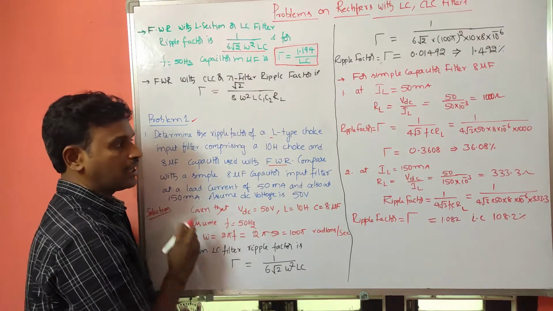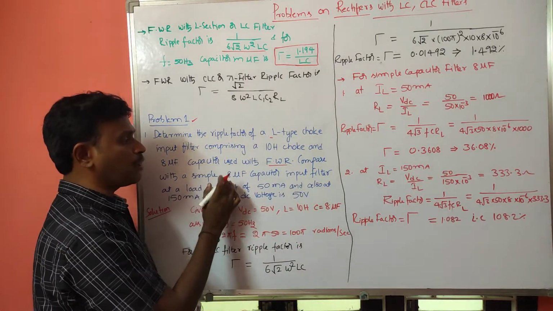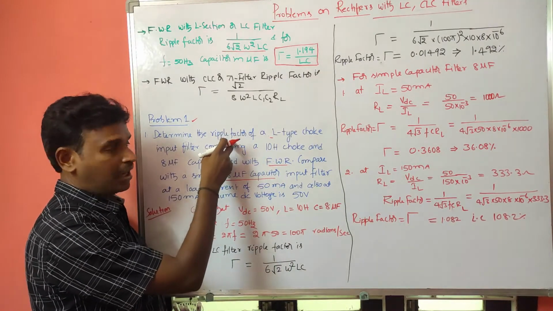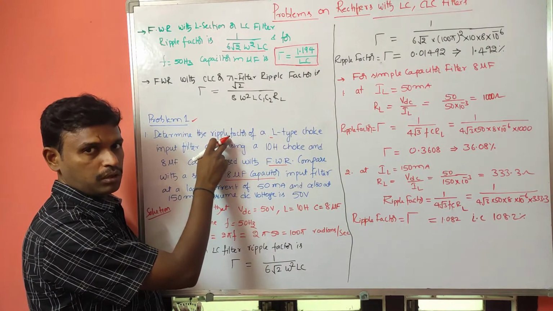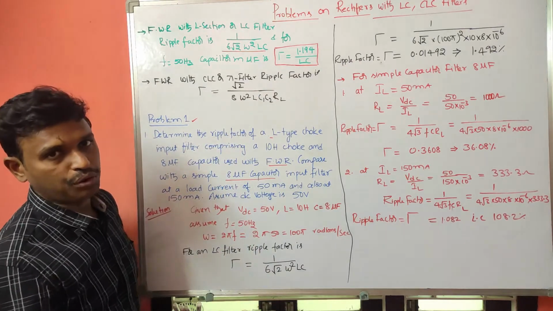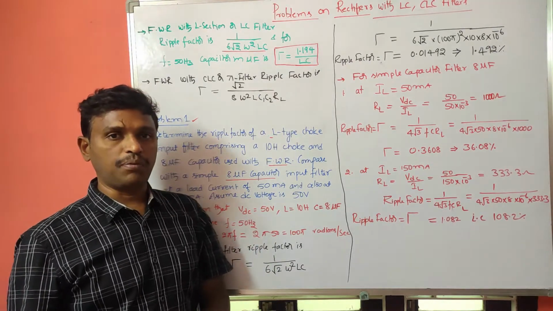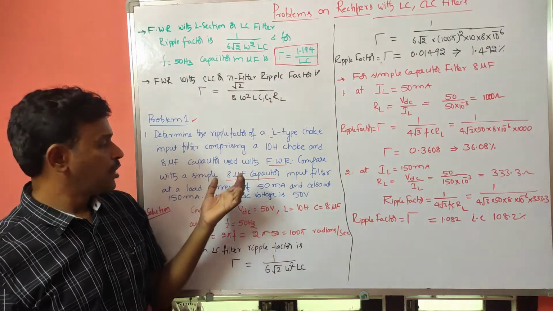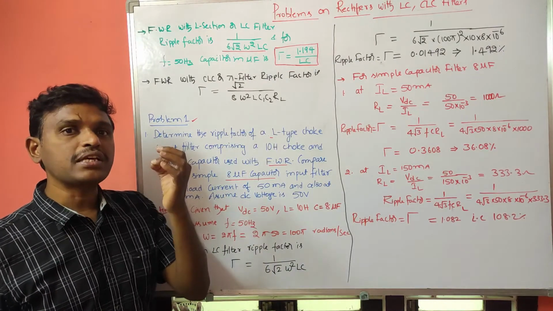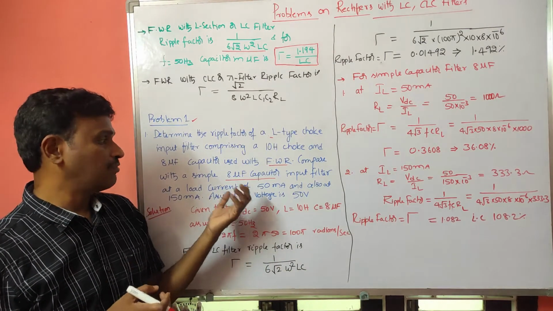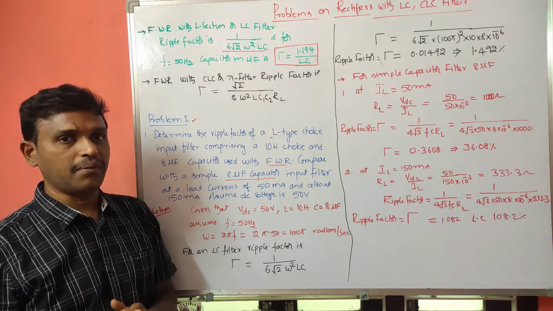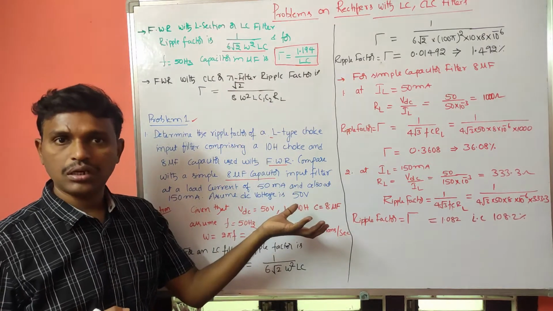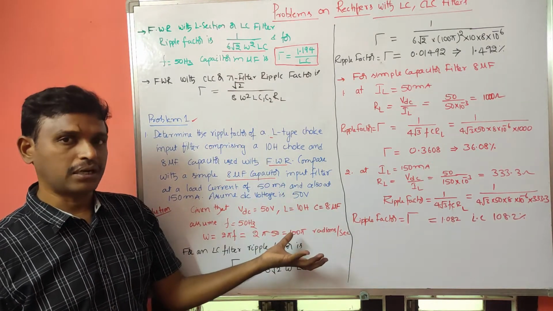Okay, so here it is given that compare with a simple 8 microfarad capacitor filter by calculating the ripple factor of this one. Okay, so here what we have to do is, first we will find out the ripple factor of L section filter, and after that we will calculate the ripple factor of the only capacitor filter at 50 milliamperes and at 150 milliamperes, and we will compare all the three so that we can give the conclusion. Okay, which one is the better one, right?